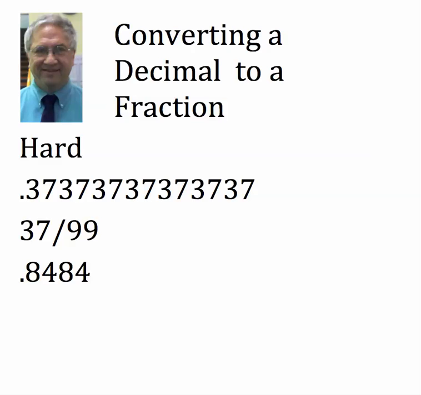0.8484 repeating. See if you can say the answer out loud before I get it to you, right? 0.8484 repeating would be 84 over 99. Okay, hope that helps you get a little smarter, right? And as you get to algebra, you'll understand better the why. Okay, hope